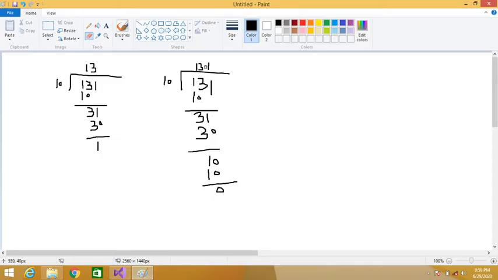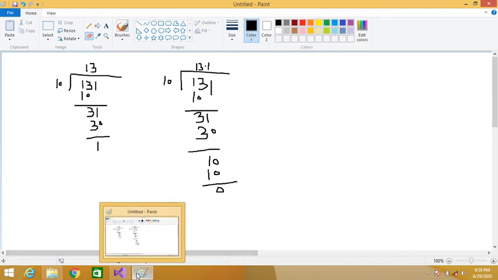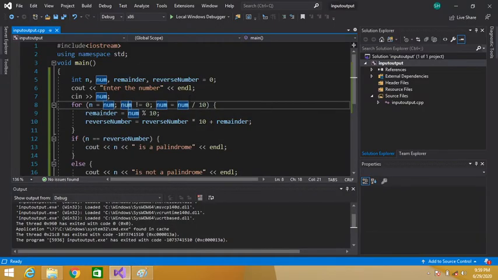This point 1 is a fractional part. It will not be stored in the integer variable. Only this 13, the integral part, will be stored. So now num will contain 13. The .1 will not be stored because it is an integer variable, so it will ignore the floating part. So now num contains 13.